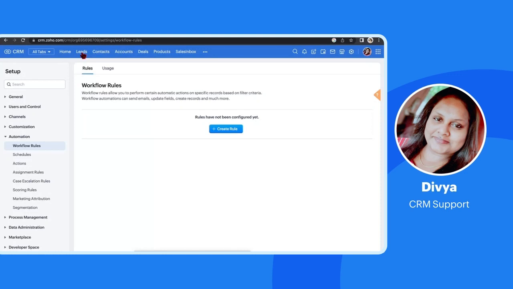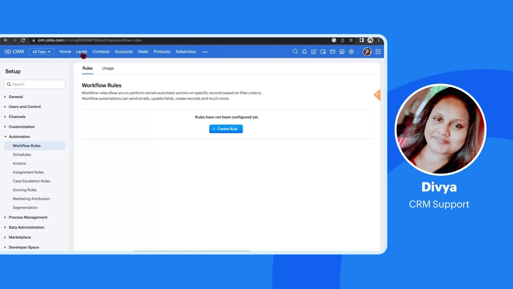Now this may sound like a simple task, but you cannot just do it manually for each and every lead that comes into your system, because that's a time consuming process. Now, to overcome that, we have the smart workflows available in our Zoho CRM. This will help you to automate your daily routine tasks, the repetitive tasks, to be done based on the